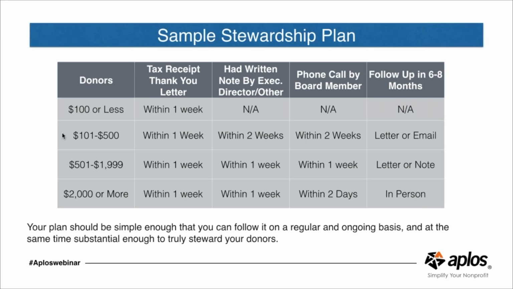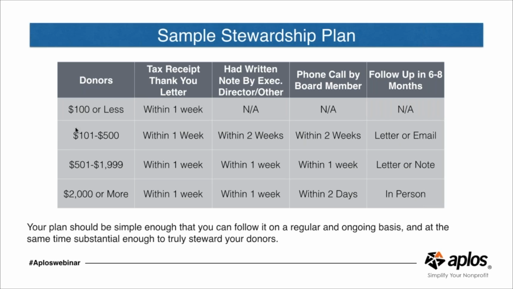At some type. So you can see here what I put together in this plan is the different ways that those gifts come through and how they're going to be acknowledged. So for example, maybe somebody that's $100 or less gets a thank you receipt or a thank you letter within a week. And by the way, in a couple of minutes we are going to talk about the difference between email receipts and actual snail mail. We're going to get into that in a minute. I know there have already been a couple of questions on that.